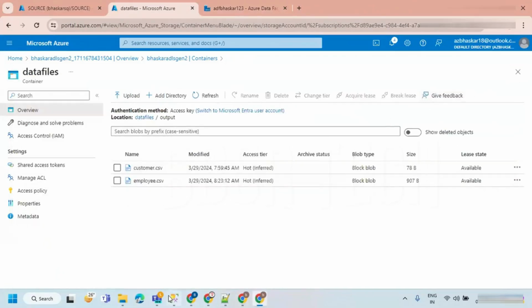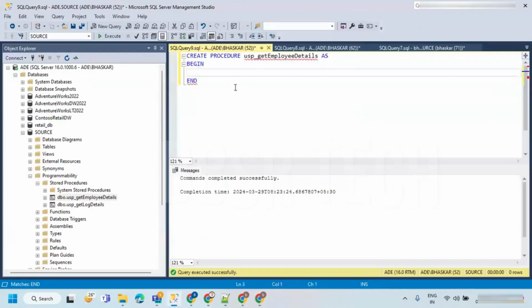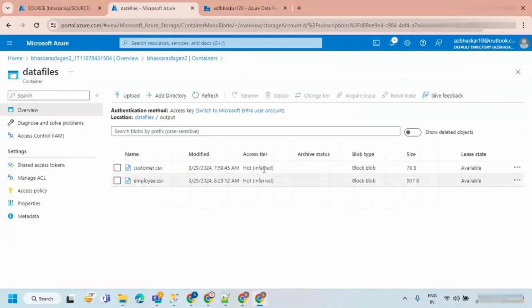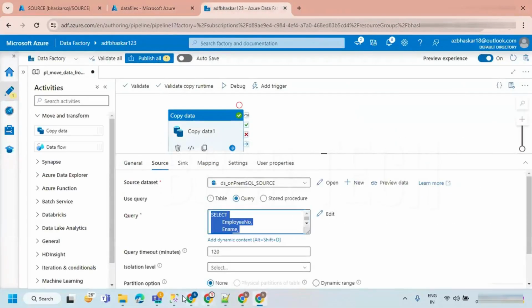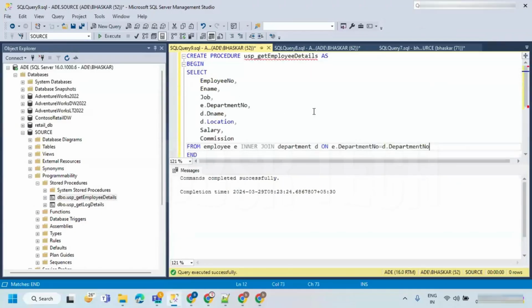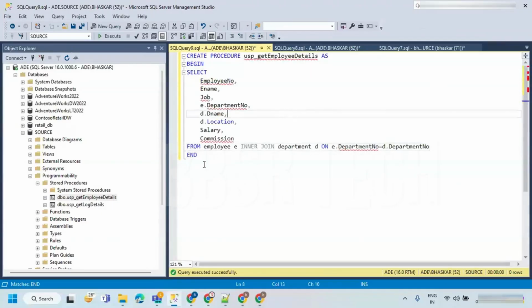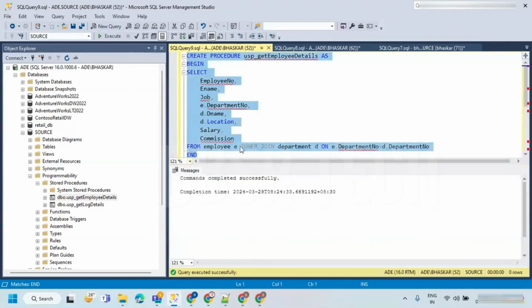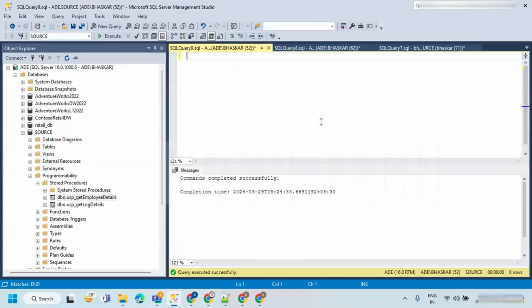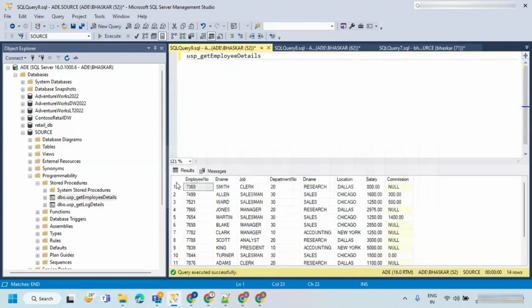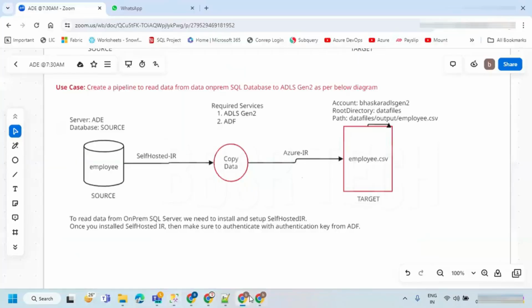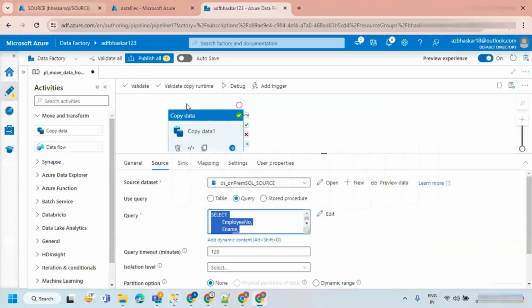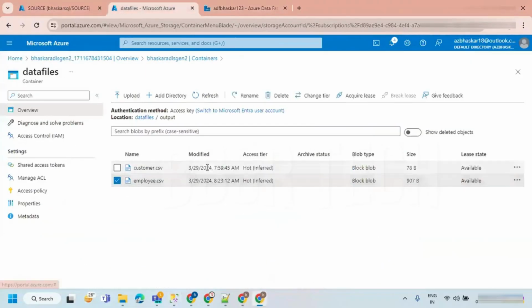Okay, so instead of executing this code, I wanted to keep that entire code in the procedure itself. Let me take the copy of this. In between that, I'm just keeping this code. Let's create it. The procedure is created. And if I wanted to execute it, you can execute it with the stored procedure. Now, I wanted to take out the file from here. Let's take out this.